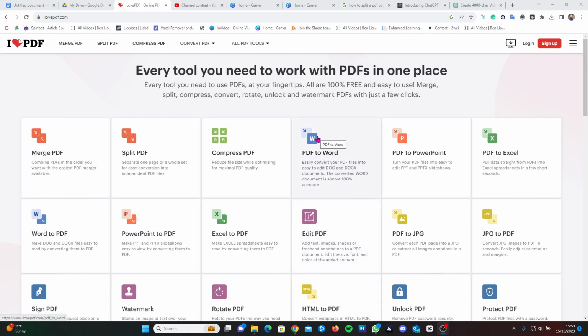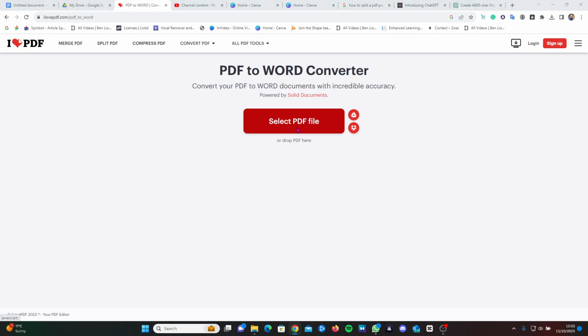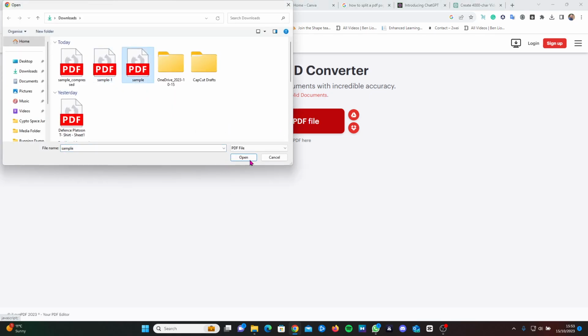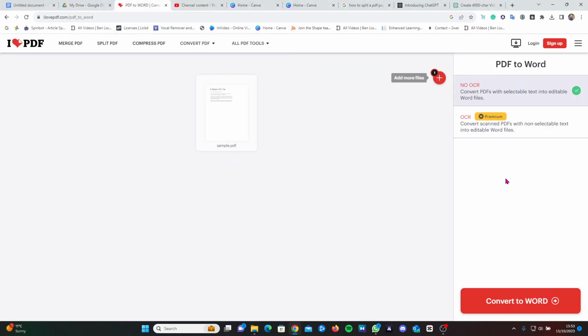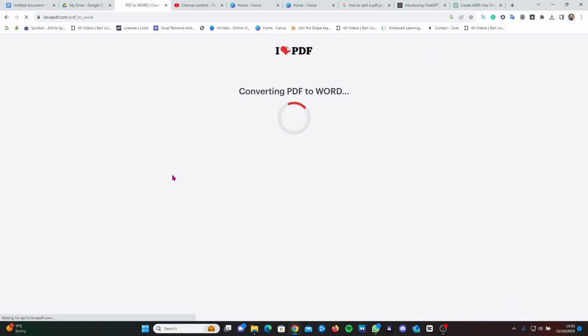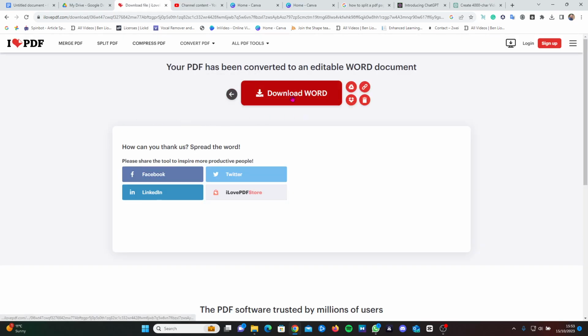So as I say, someone sent you a form and you have to fill in your name and boxes and put your details in or whatever information they require of you. So click PDF to Word, select the PDF you want to. So we'll do sample here. Convert it to Word over there on the right, download,